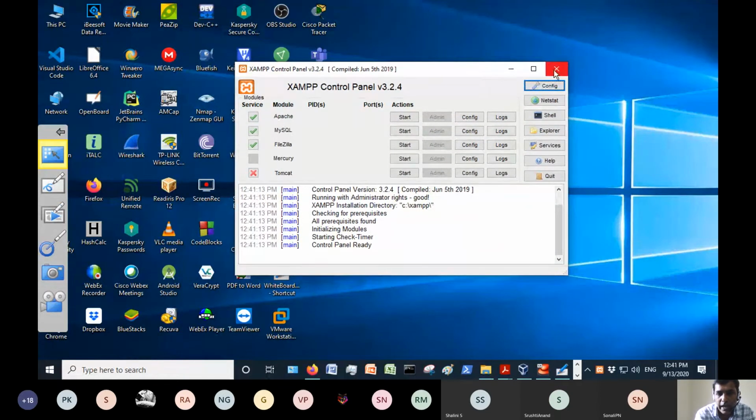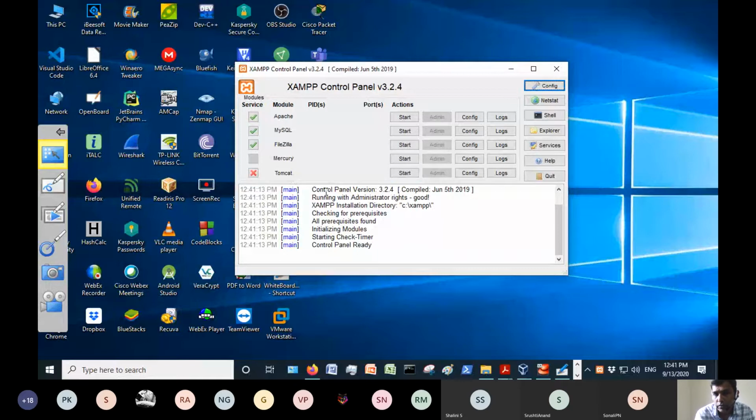You can see Apache, MySQL, FileZilla, Mercury, Tomcat. Of course, here the mark says that we have not installed Tomcat, which is an application server or a Java servlet container. If you are really going for Java programming, you may need a Tomcat server, then you can install it.